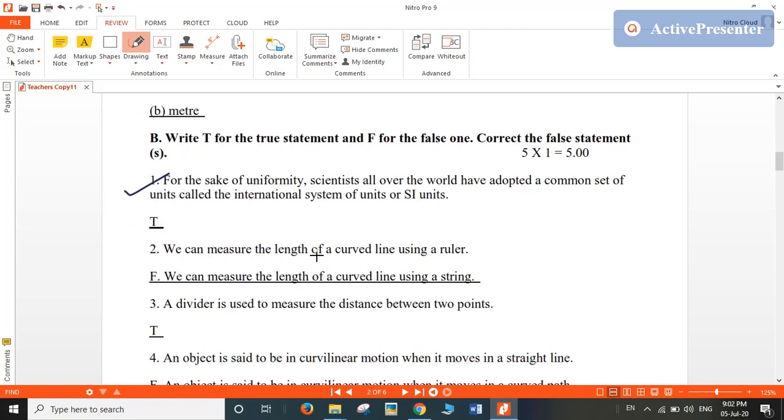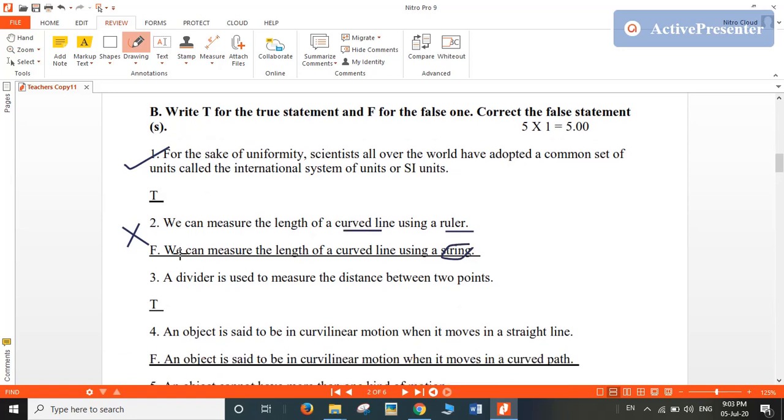We can measure the length of a curved line using a ruler. No, we cannot use a ruler to measure a curved line. For that we have to use a string. So this statement is false, and instead of a ruler we have to use a string. A divider is used to measure the distance between 2 points. Yes, this statement is true, because if we want to measure the distance between 2 points on the map,